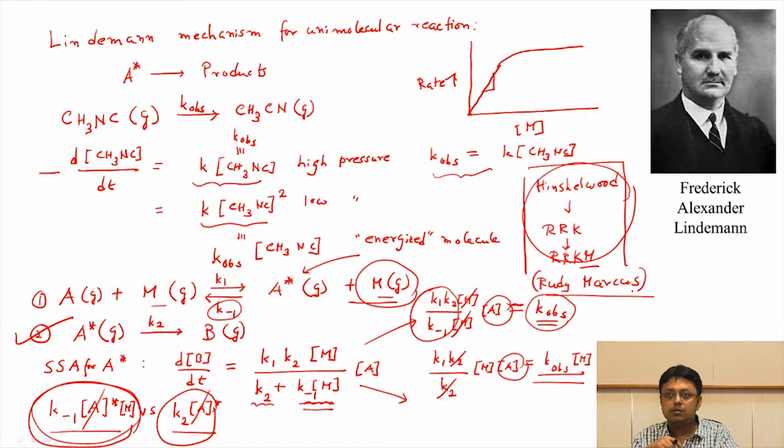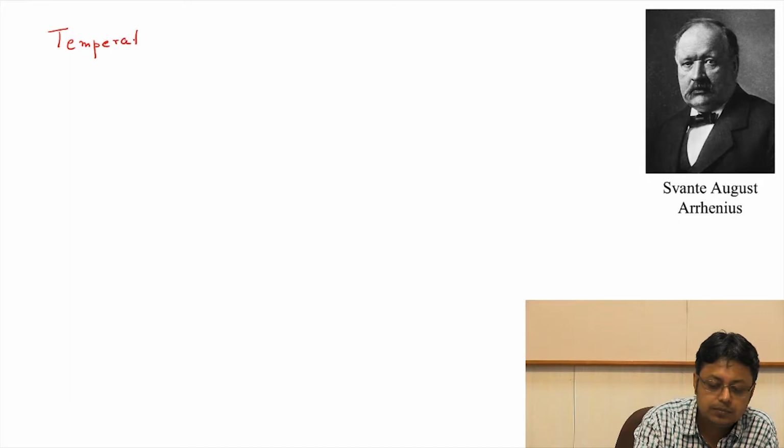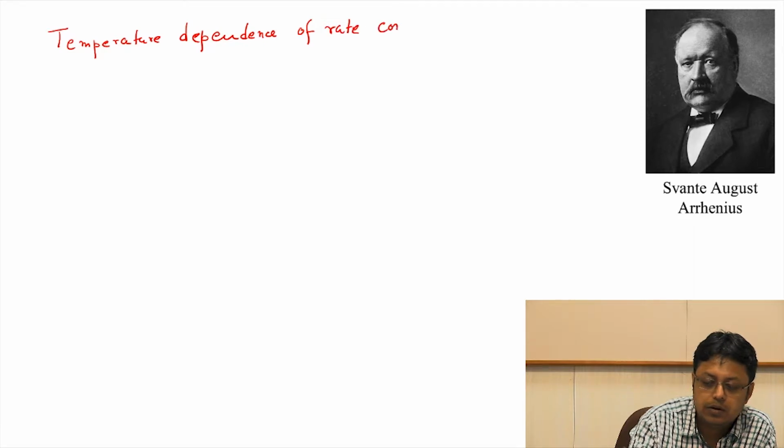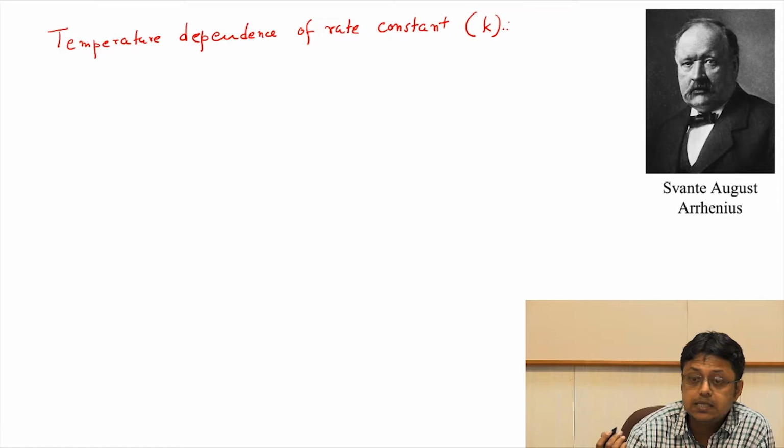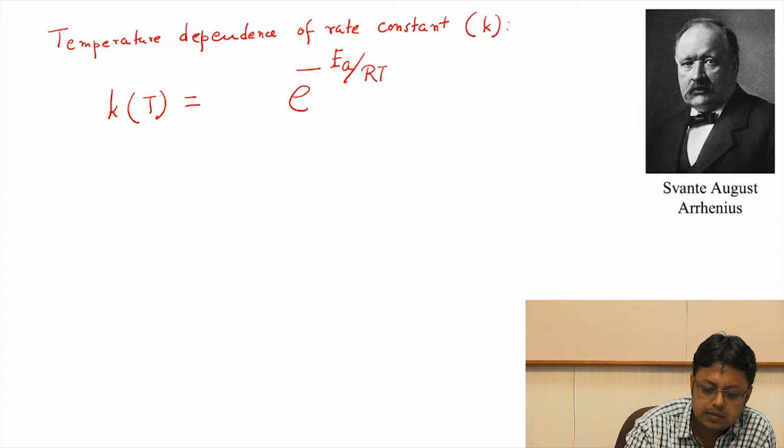Now, the Swedish chemist Svante Arrhenius did a series of experiments to answer a very interesting question: what is the temperature dependence of the rate constant? Rate constant, as we have described so far, doesn't seem to have any temperature dependence because we just took it as a constant. But experimentally, what Arrhenius found is that the rate constant k has a very strong temperature dependence, and he found an exponential law, which can be written as something like this, where there's